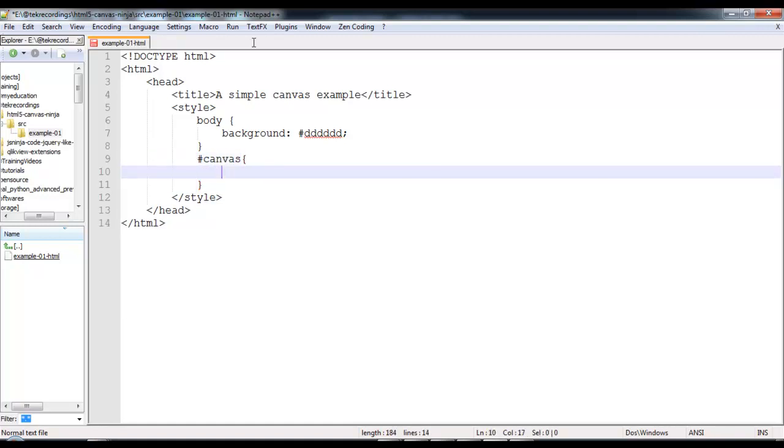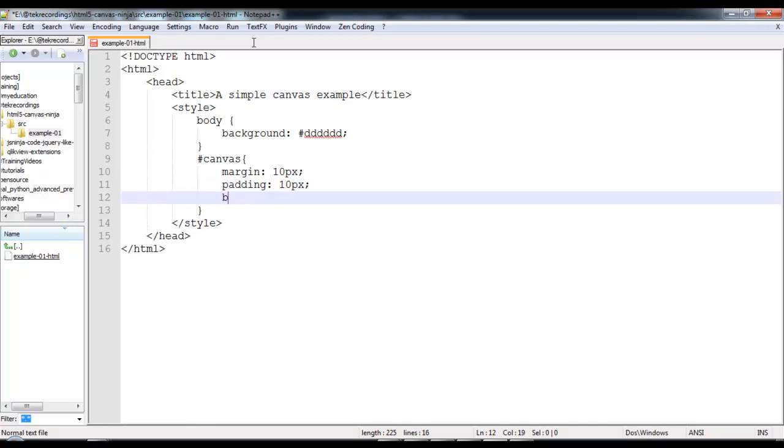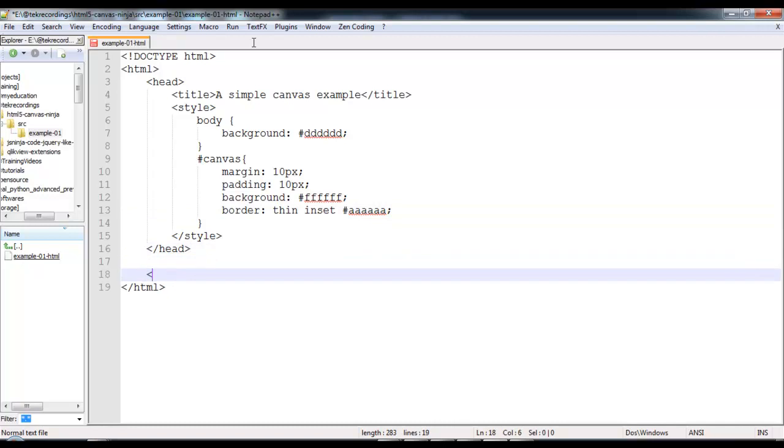Our canvas element will have an ID of canvas. We will set the margin to 10 pixels and we'll also add some padding of 10 pixels. We'll also set a thin border.